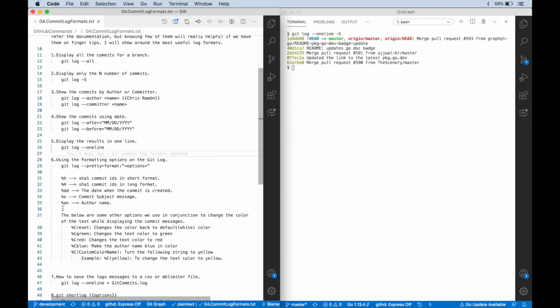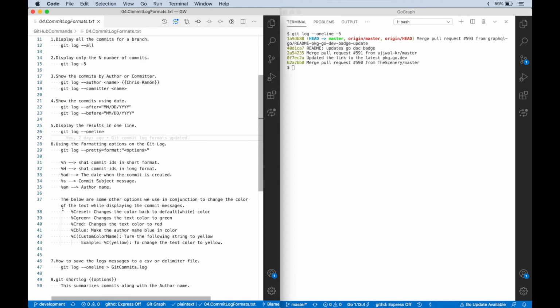In the 6th syntax here, we can format the output in a pretty format. The syntax is git log hyphen pretty, and the format options are each one by one. %h stands for the commit ID in short format, and %capital H displays the commit ID in a longer format.